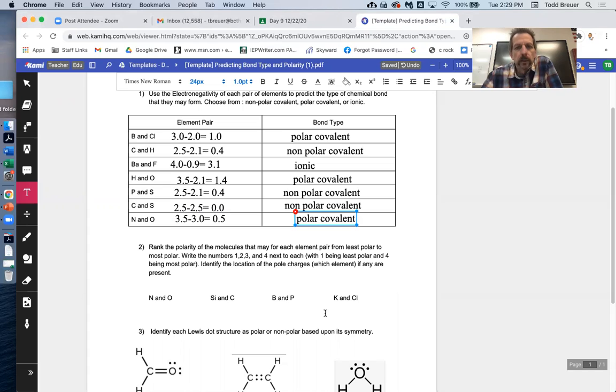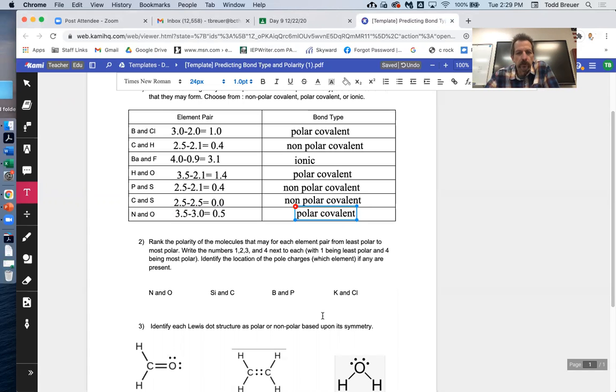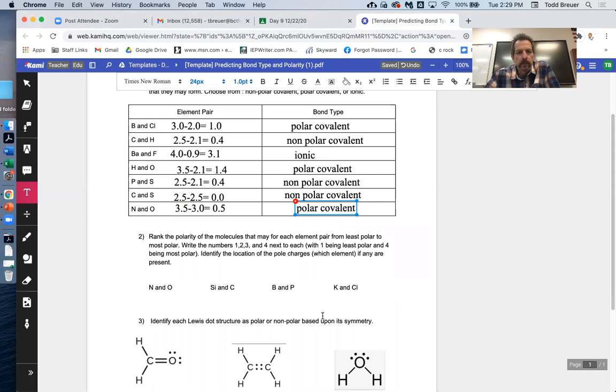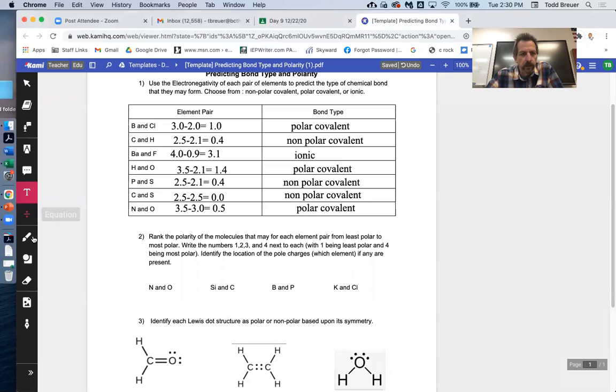Okay, so that's what we were asked to do in this first part. The second portion asks us to rank the polarity from lesser to greater, with number 1 being the least polar and number 4 being the most polar. Well, we already just did this for N and O. So I'm just going to put down here the value of the difference was